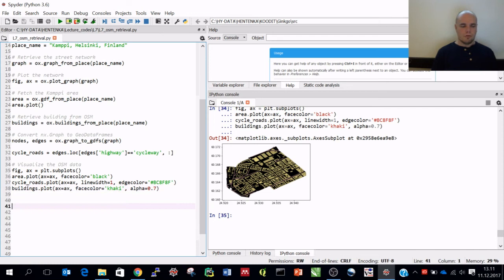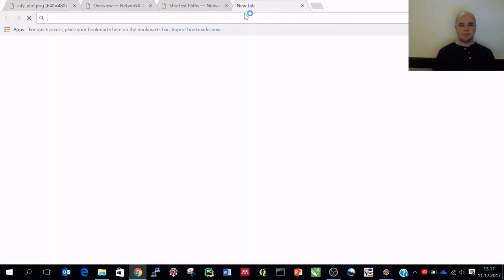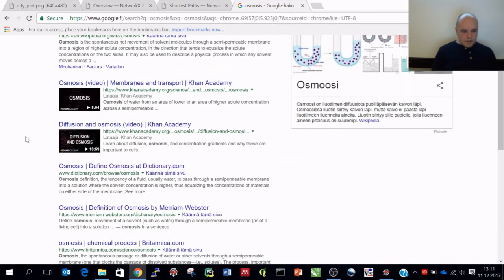That's what you can do, and basically the idea is that you can search for any place in the world. We could do a similar thing for, let's say, Manhattan Island, New York, United States, and maybe before doing this, I check the correct